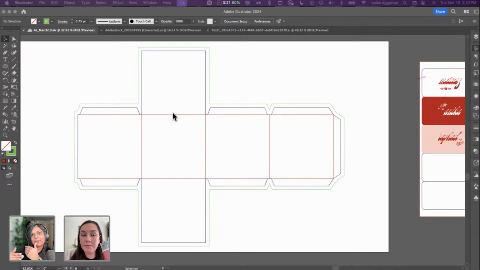But red is creases, so you fold there, using scoring to fold it. It can be different depending on what kind of material you're printing on. So if it's paper, it'll be easy for you. If it's a corrugated box, it's a different process. It's done with a machine, and there are die lines for certain standard boxes.